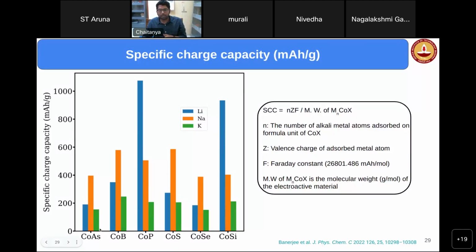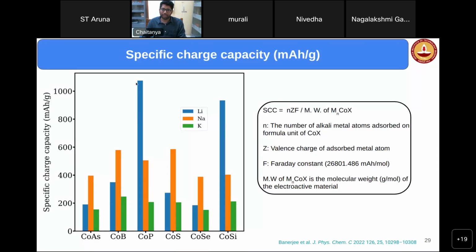Similarly, if you see boron, because cobalt boride is there and cobalt arsenide is there, since boron has a lower molecular weight compared to arsenic, although only 1 layer of potassium is adsorbing on both the cobalt arsenide and cobalt boride, the specific capacity is more here because this is in the denominator. So like this, you can calculate the specific charge capacity, and the specific charge capacities are very high, is